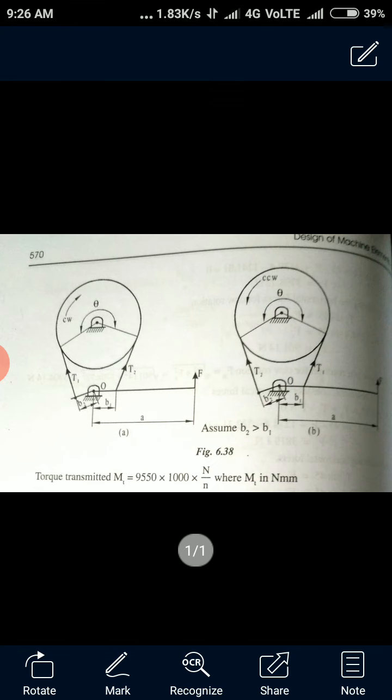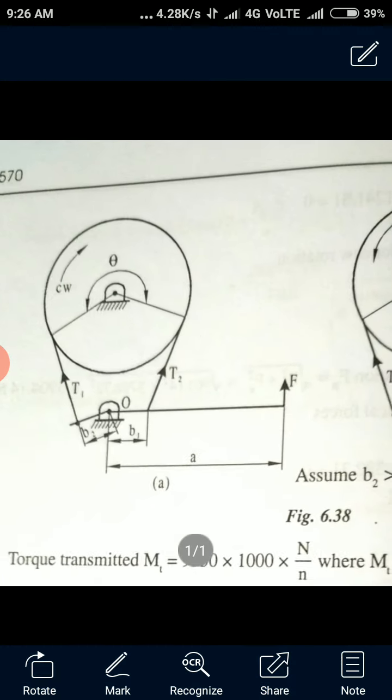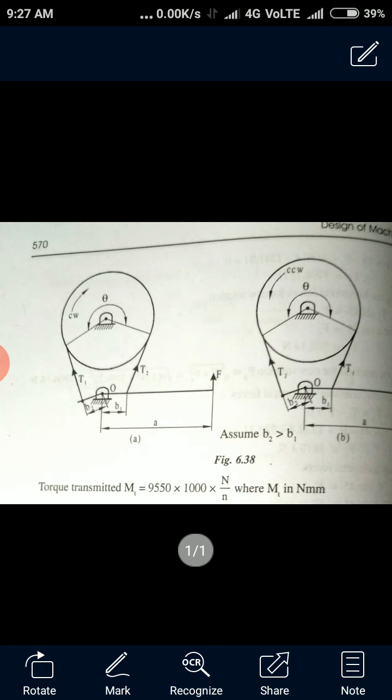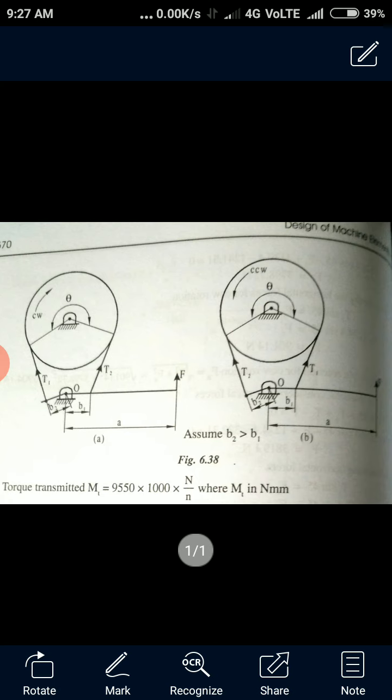So if you take the bending moment about O, what you can observe is that T1 is acting upward, so it will make a clockwise moment. T2 is acting upward about O, it will rotate about O anti-clockwise, and the force F is acting downward, sorry, upward, so it will also make an anti-clockwise moment. So we have anti-clockwise on one side and clockwise on the other side. Now you see how to write this. F and T2 will come on one side, and T1 on the other side.